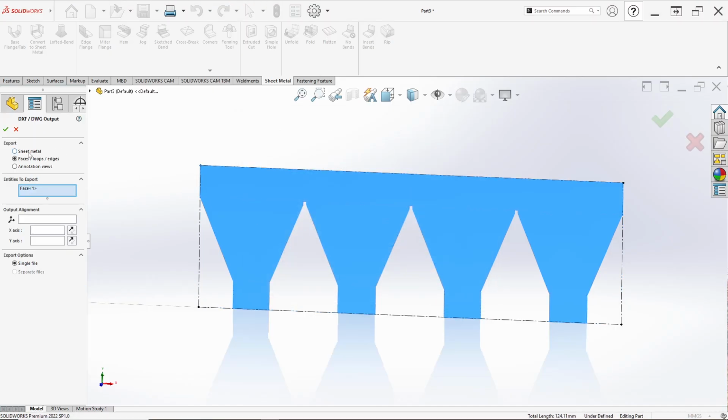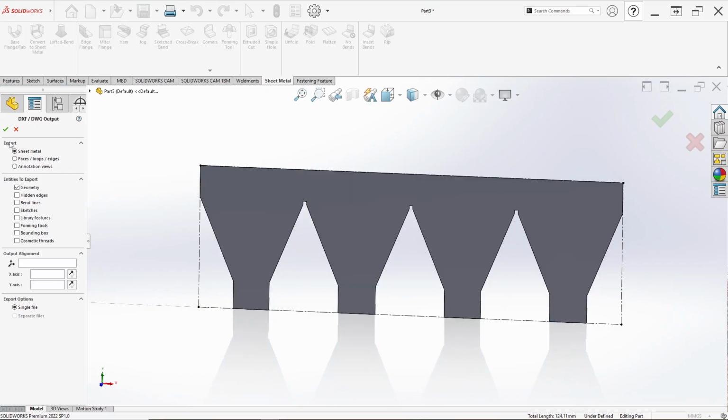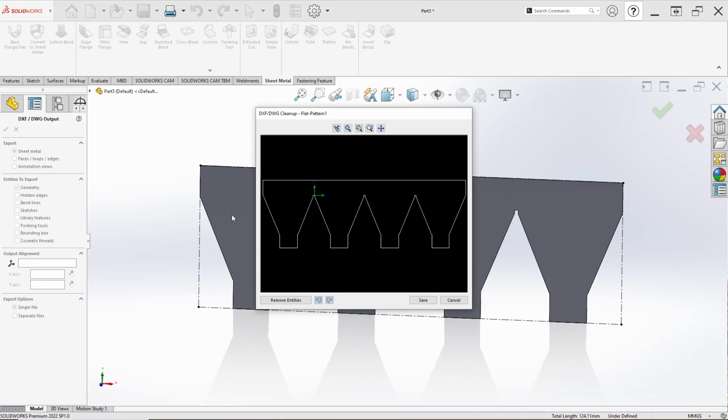We can wait. We can click in sheet metal, just click export or just click OK in here like this. Then we can see the DXF or DWG like this.